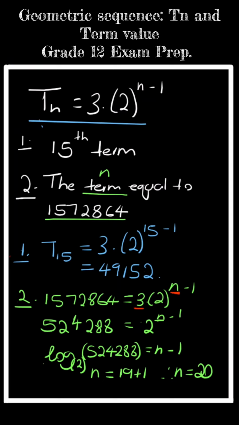And you don't have to take my word for it, you can always double check if your n is correct. And how do you double check that? You take this n, which is 20, and you substitute it back where there is n, and you see what answer you get. If you don't get the same answer as this one